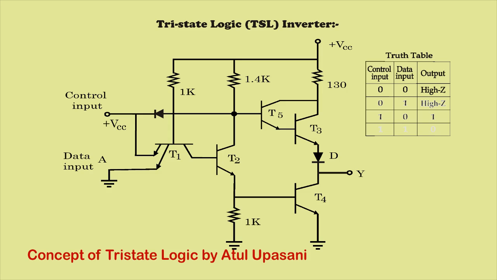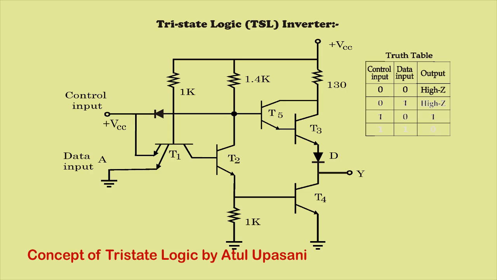So the drive of transistor T5 is right now removed. So current can normally flow towards the collector of T2 through the 1.4 kilo ohm resistor from the power supply's VCC. So it will behave like a normal transistor, which was working as an amplifier in T2 in the TTL gate. So T2 will work normally here. Right now the control input is connected to plus VCC, and suppose data input is right now connected to logic 0.